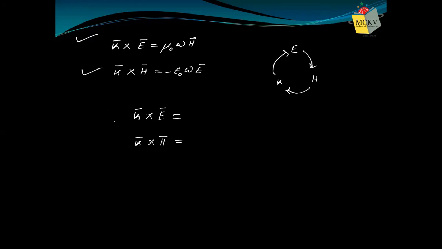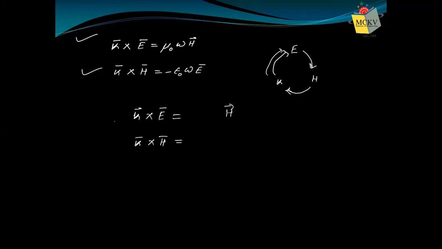We always start with writing k. That's why I have written it in this way. Instead of e cross h or h cross k, I am always writing k. It is easier to remember that I will always start with k. So k cross e, k cross h. Now we know these three vectors are mutually perpendicular. So k cross e will give you h. But whether it will be plus h or minus h, you observe k cross e. How are we going for k cross e? This is the direction. So we are going in the alphabetical direction. That means positive h.